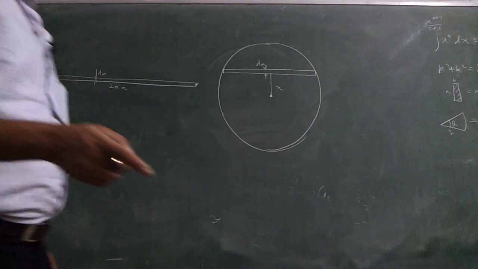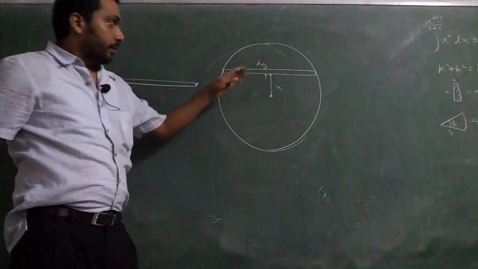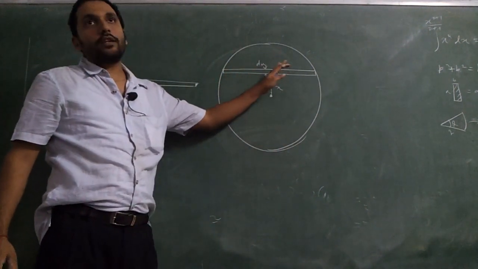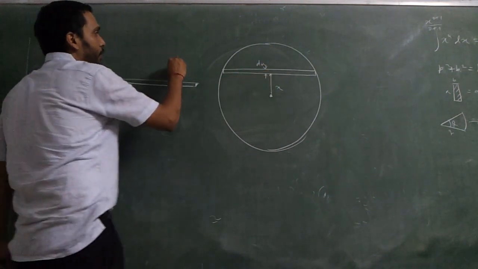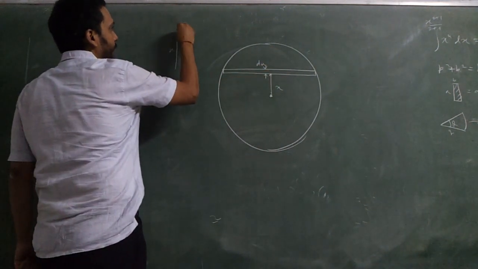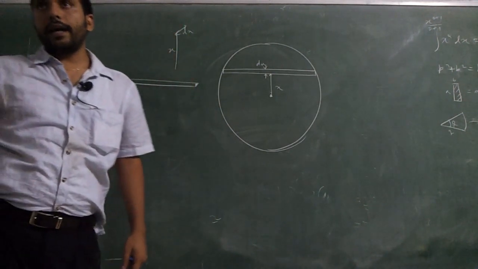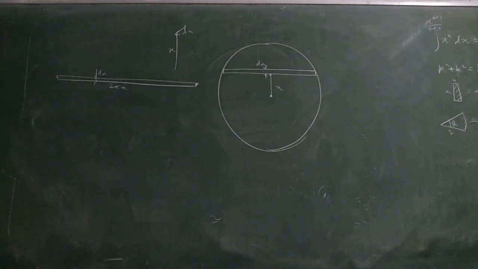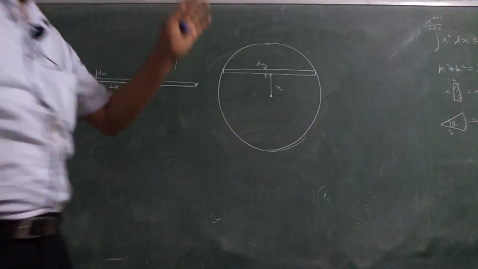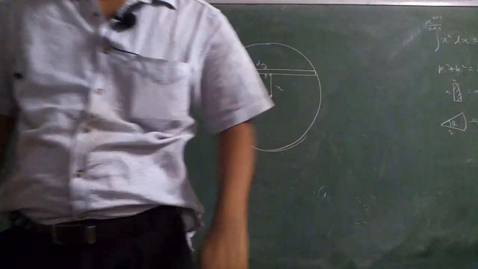One thing you have to be very careful about, which I did not tell you before: the direction of dx and x should be the same. dx should add up to x. If your x is like this, your dx cannot go this way. It has to add up to x in the same direction and reach x plus dx. You get the point? Like theta was there, it was adding up to the theta and reaching the next theta. It will not go in some other direction.